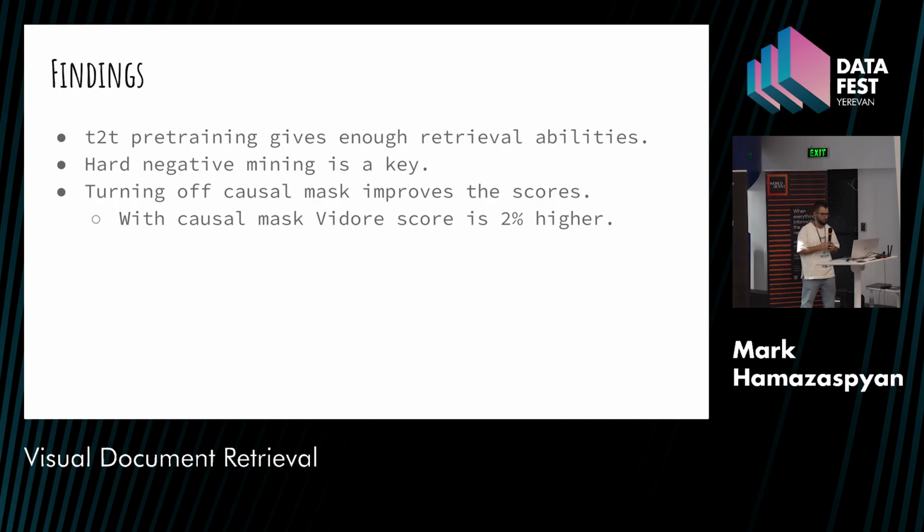And one more thing: the Qwen VLM is a causal model, of course. It's a VLM, so it produces text in the end, and that's why it's a causal model. For embeddings, we don't have this text generation task, so we thought, why don't we just remove the causality mask and have a bidirectional, BERT-like structure there? It's also a question whether it's good or not. We trained the same experiment with a causal mask and without a causal mask, and we saw that on Vidore